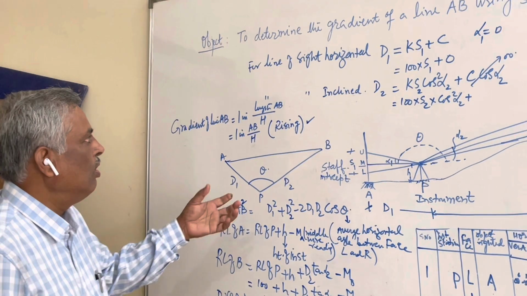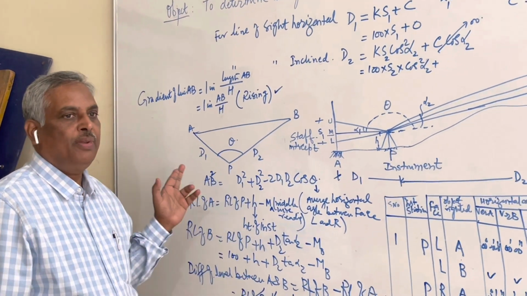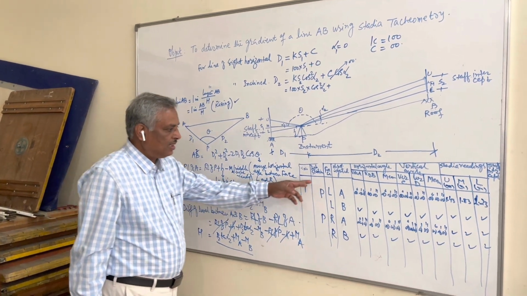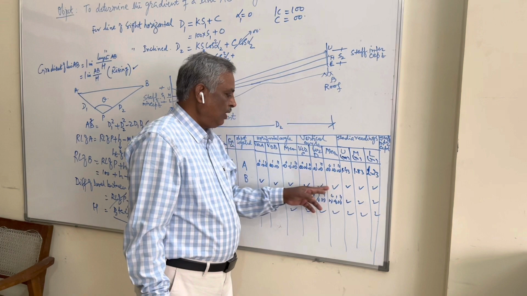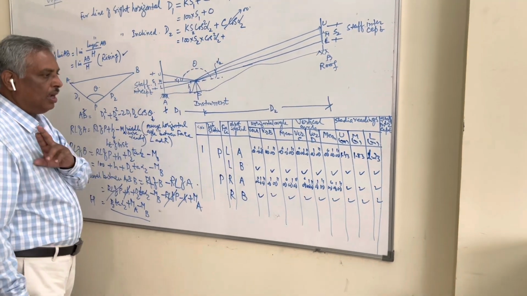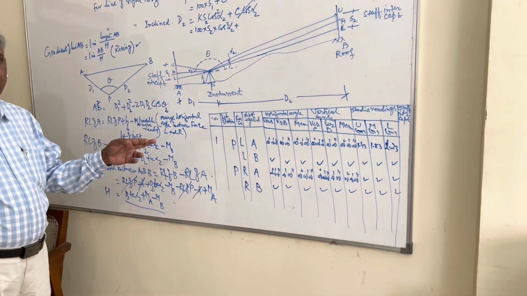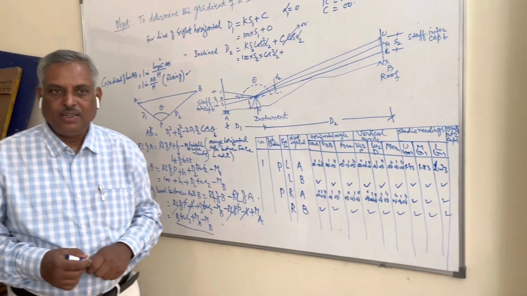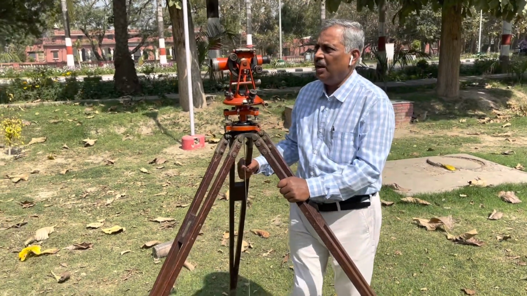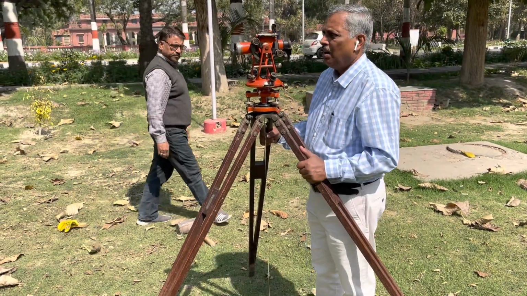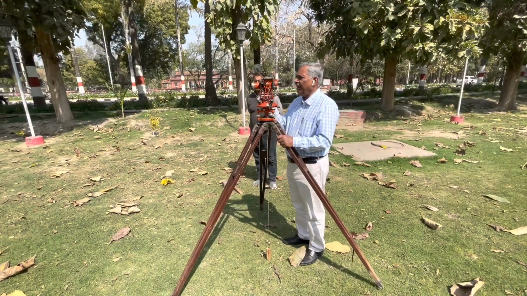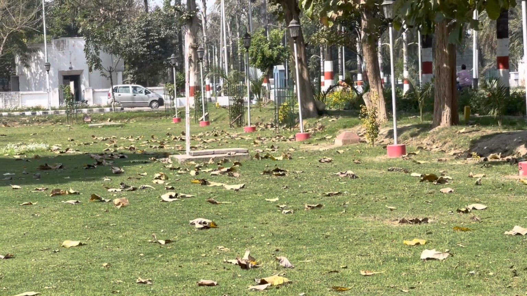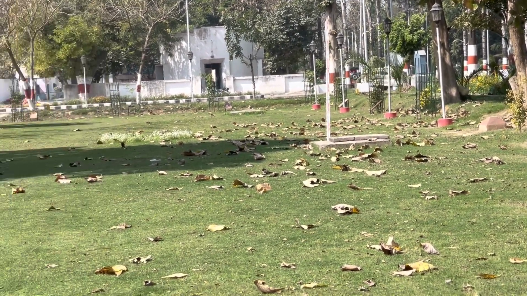Okay, now we will go. These are the calculations after observing the angles in the field. We are going to the field and observing the angles. This is the table of observations. This will be filled from the observations in the table, and after observing, we will calculate like this, and we can say what is the gradient of the line. The field. Station P, as you have seen in the lab demonstrations, P is between A and B. This is the station A. The start position is starting here. That is the station A, and the top of the roof.